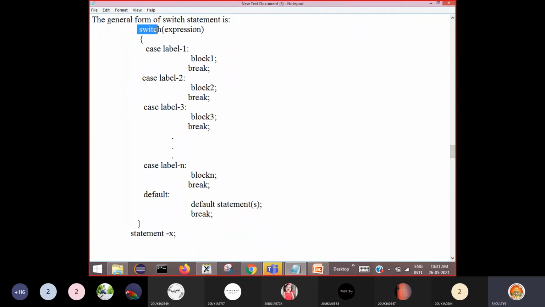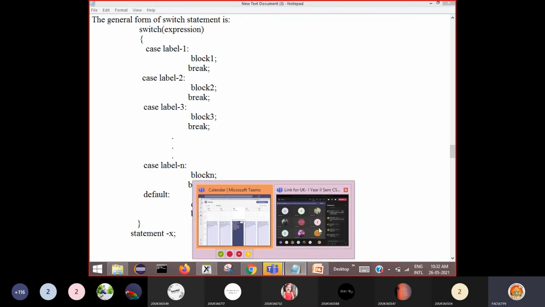It begins with switch, then you write some expression, meaning some condition, and it checks whether the value of this expression is label 1 or label 2 or label 3, trying to find a matching label, where the label is an integer number, or you can use a single character also. We'll see different examples. Okay, clear? Any doubt in this?